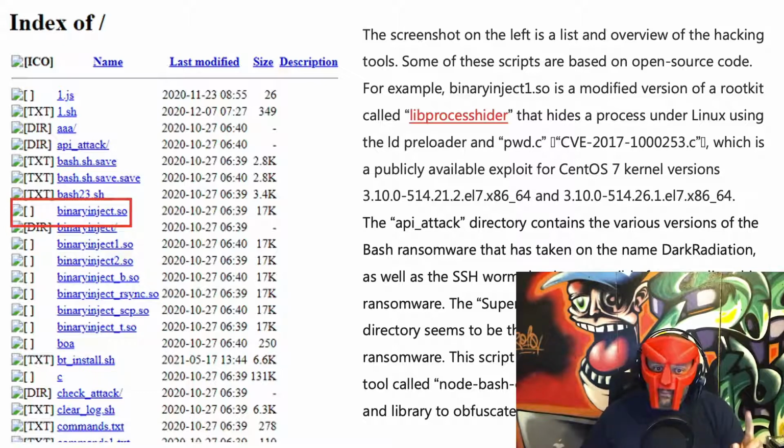Specifically, if you look at the binary inject.so, you can find it, and you know that it's a modified version of the rootkit called libprocesshider that hides a process under Linux using the LD preloader and pword.c, which is a publicly available exploit for CentOS 7 kernel versions. So if you have CentOS 7 kernel versions, as listed here, you are vulnerable to this binary